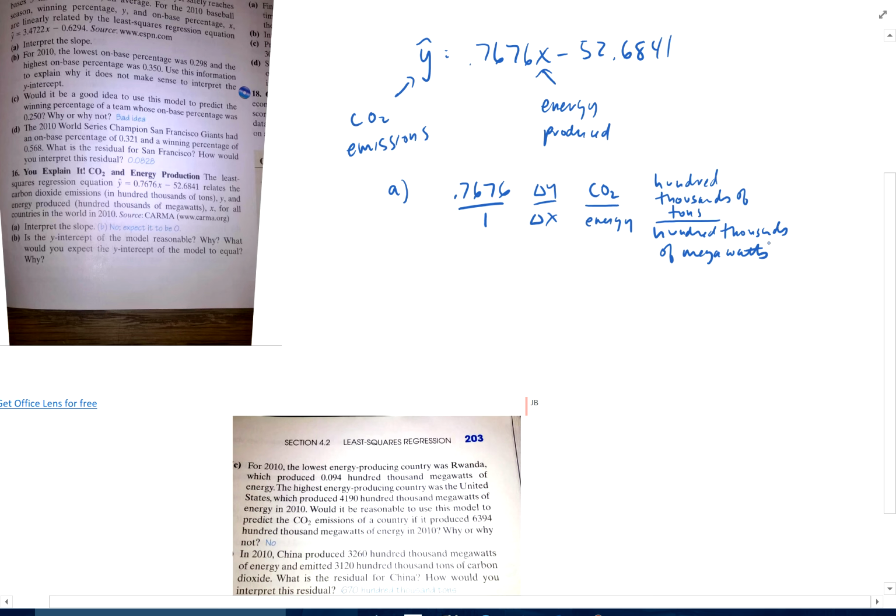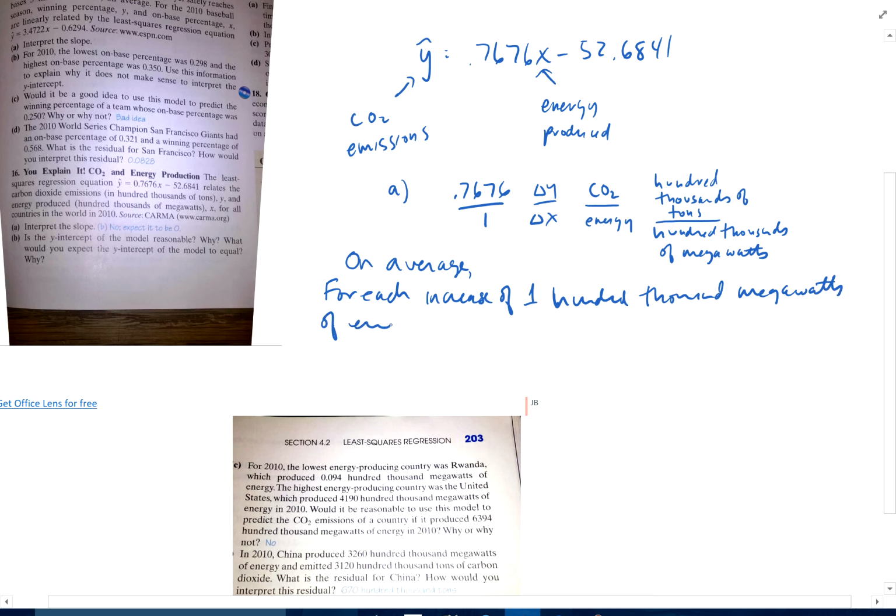Okay, so for each increase of 100,000 megawatts of energy produced, that corresponds with an increase of 0.7676 hundred thousands of tons of carbon dioxide, on average. For each increase of 100,000 megawatts of energy, that's a lot of energy,